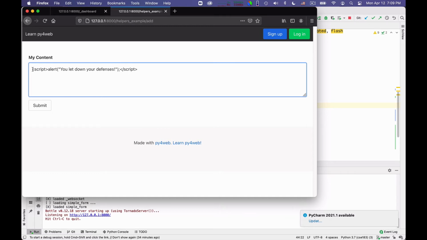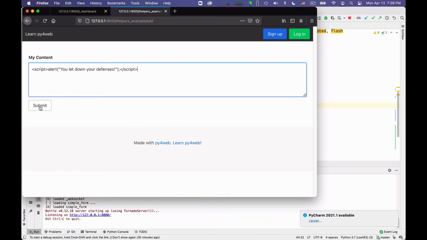So I've created essentially an open script and a closed script tag that I can enclose HTML JavaScript code. And in it, I just put this alert code that should pop up a notice that says you let down your defenses. Let's see whether this hack actually works.